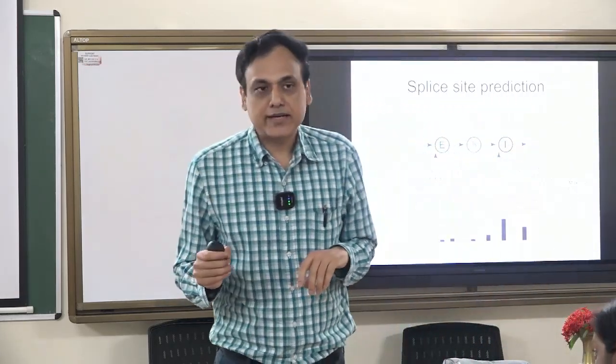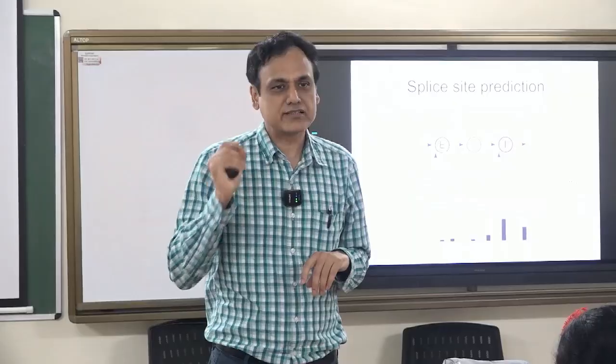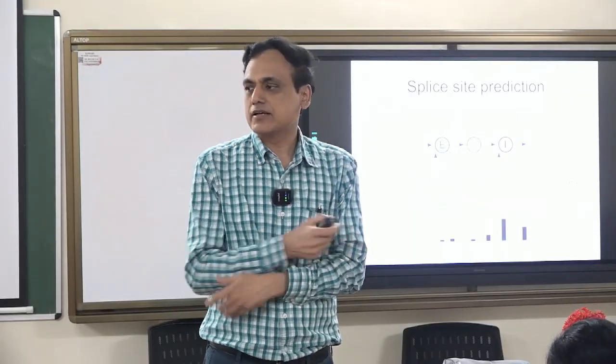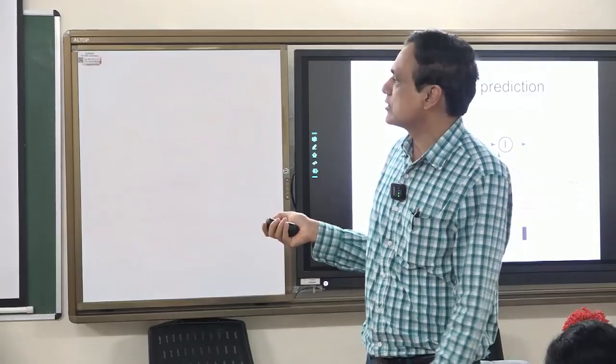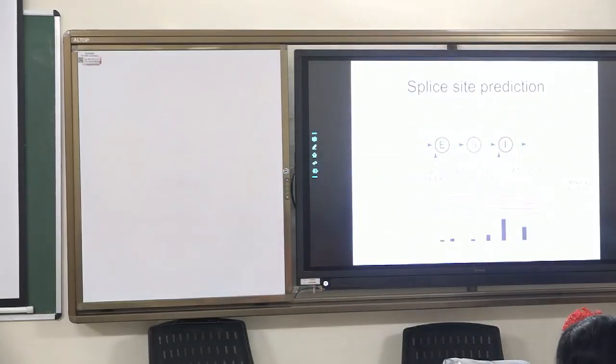Hidden Markov model can be used for generating sequences. Hidden Markov model can also be used for prediction. Okay, let's consider a simple example where you have a portion of a eukaryotic gene. So a eukaryotic gene has exons and